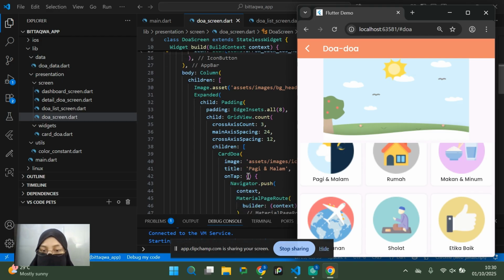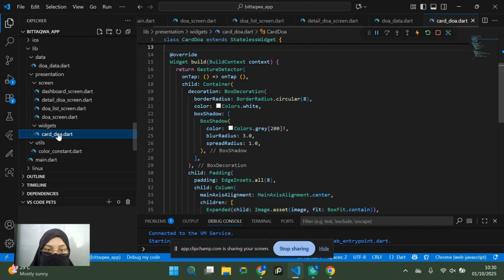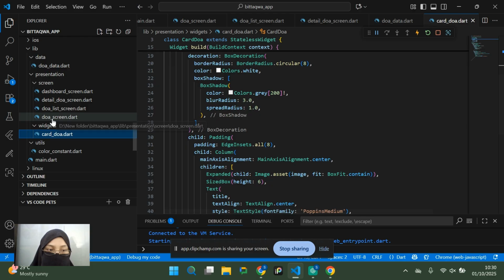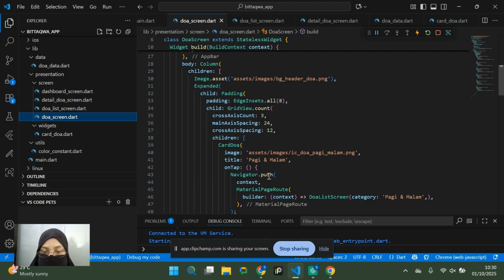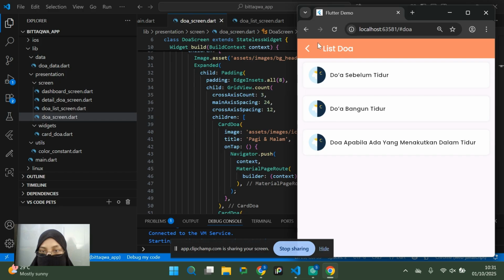Then in there will be another child, which is CardA. CardA is for the widget over here. I will explain that later, but for now I will explain about CardA. Basically, you can see that there's another asset, which is for the images over here. And then there's the title, and if you tap it, it will be a Navigator push, like I said, it will go inside of